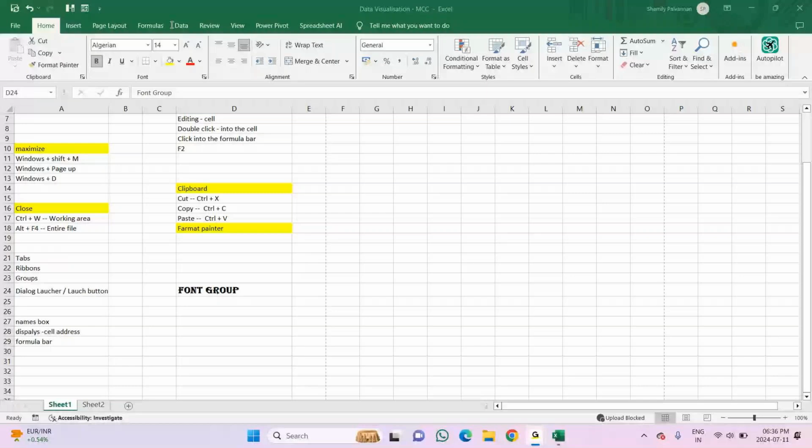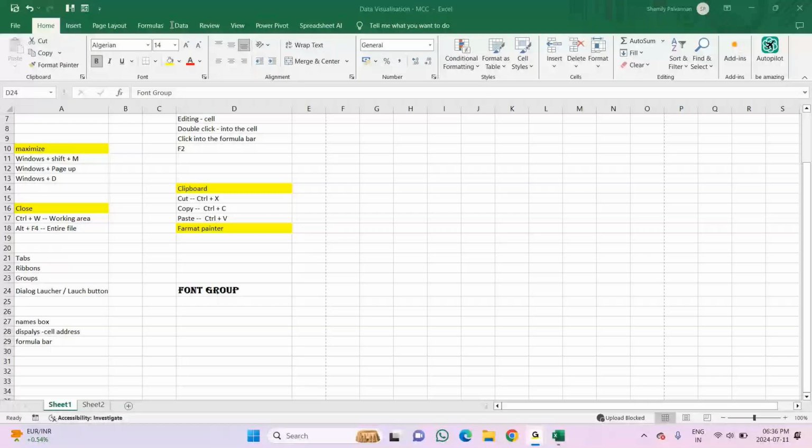Now, whatever I have done here, the formatting, the font style, size, bold, and color, all these things I have to apply here also. But I don't want the words to be copied. I only want the effects to be copied. For that, copy the format painter. Okay, go to this clipboard and I'll double click.